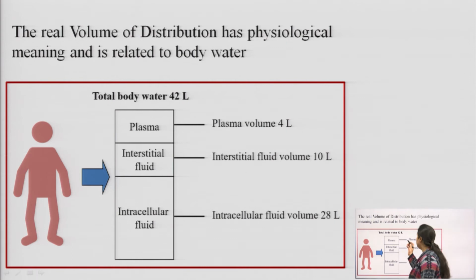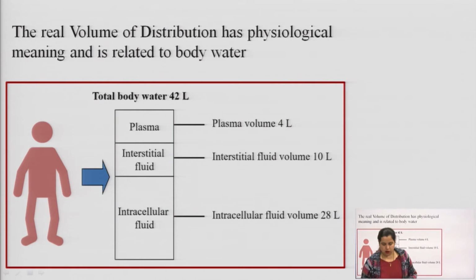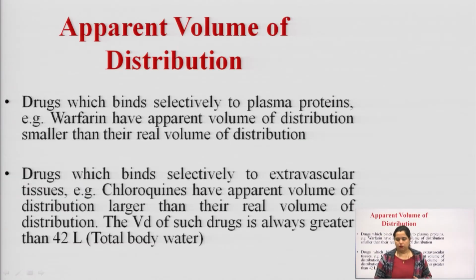Okay. So, basically plasma volume is 4 liters, interstitial fluid volume is 10 liters and intracellular is 28 liters. It is an approximate value, it is not definite for a specific reason, because all individuals have their physiological variations. So, after that